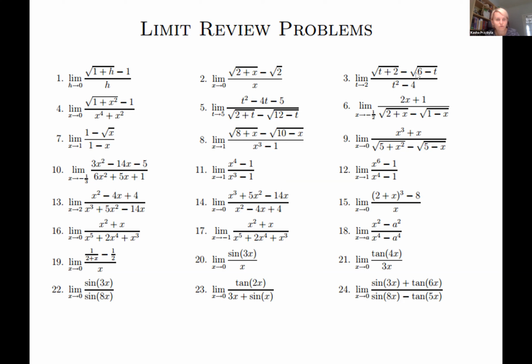Most of the questions from chapter 1 will be just the limits. You will have a limit and you have to solve. But what I have to say, most of the limits, if you do direct substitution, which means even if we look at limit number 1 and do the direct substitution, substituting 0 instead of h, 1 plus 0, of course, is 1, square root of 1 is 1, 1 minus 1 is 0,